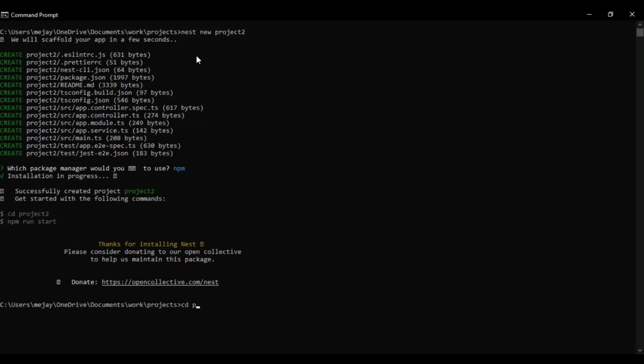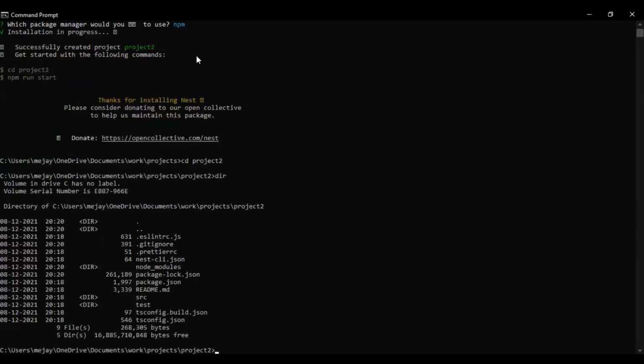So we need to go to project 2, and here you can see we are in the project 2 folder. Now here you can see the directories and files. So here we need to run this command, npm run start.